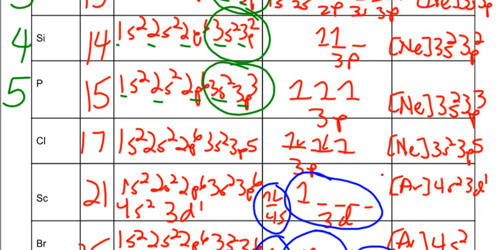Chlorine, it's not 6. We jumped one, didn't we? I think our biggest number is 3. So 2 plus 5 is 7. Now, careful